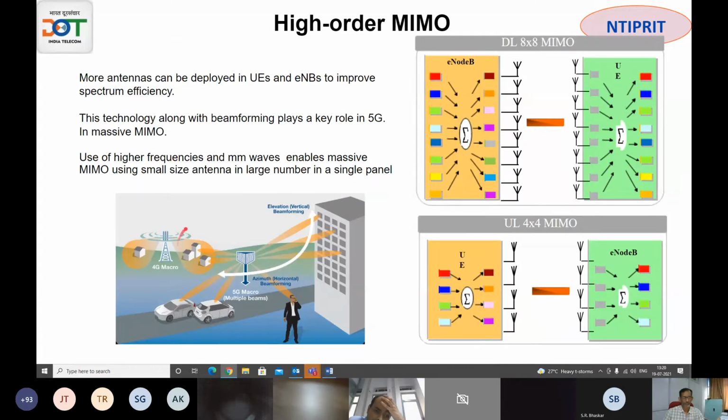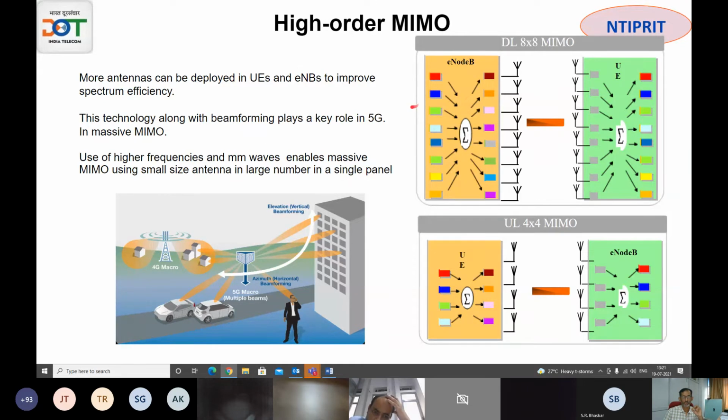And higher order MIMO. So MIMO is a very interesting technology. So I think another 10 minutes I will take. I don't want to stretch much. Anyway, we have much more sessions to discuss. But MIMO, one interesting aspect of MIMO is that generally what is happening is that in one beam, one small area of the customers are only getting the best signal. Remaining all customers are getting much less directive gain. This is a very big aspect.